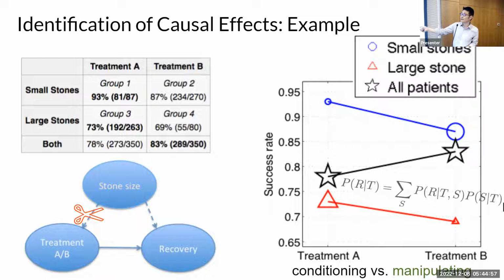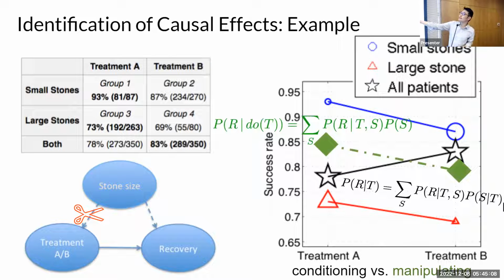You can see it, and this is the conditional distribution because you have to use this conditional distribution to do marginalization. Now, if you do causal effect identification, you use this one instead. You use the same distribution across the two treatments. You use the marginal distribution because once you do intervention, treatment and stone size will be independent, following from the definition of intervention. Now you do averaging, and then this would be the final causal effect identification. So this is the expectation with respect to the conditional probability, as you can see from here. Clearly, A would be better, right? So this is just a causal effect. Now you can see why.